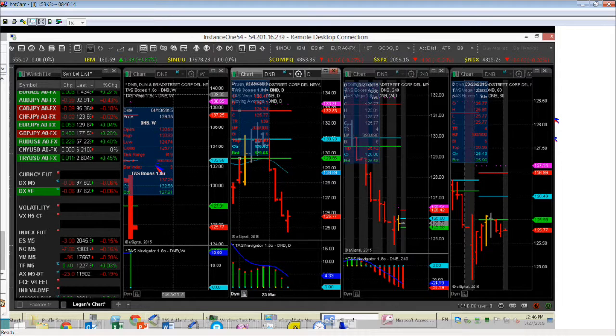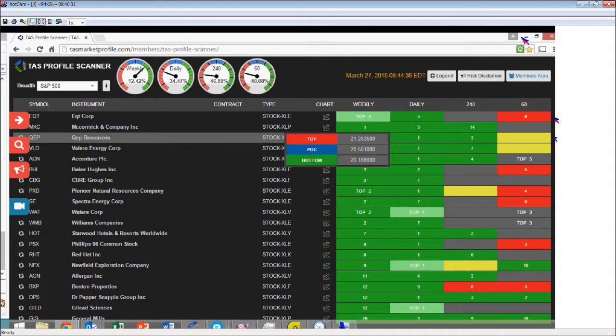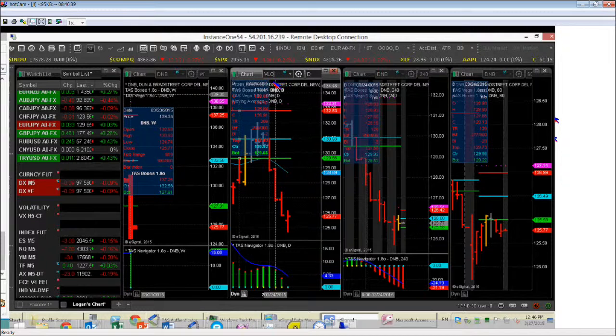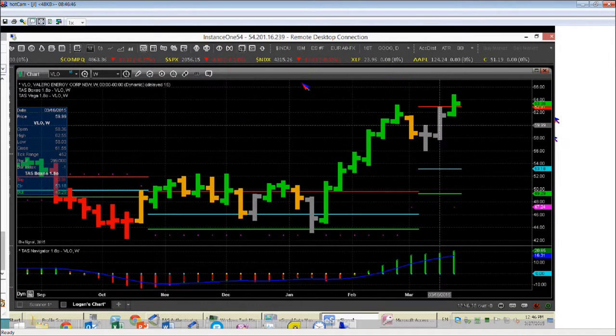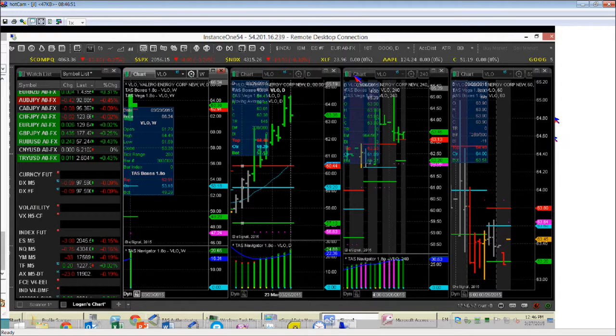All right, let's try to find some stocks that are hanging in there relative profiles. Let's go in the above the box land as this pops up. Oh, wow. Not that many for a change. Incredible. Valero, nice stock we've been looking at, talking about. Let's take a look at VLO. As we look at this, talked about the unfair highs the other day, 62.91. What do you do with it now? Probably stay away from this right now.